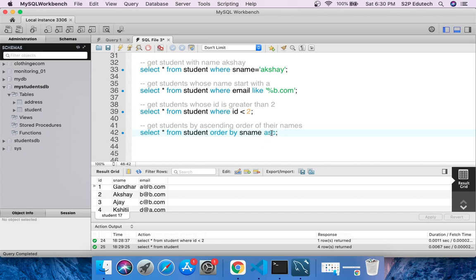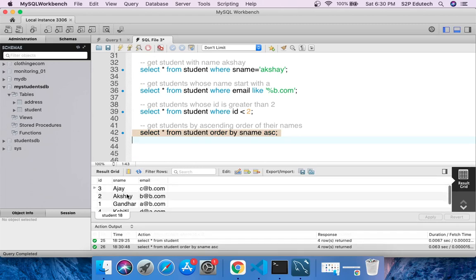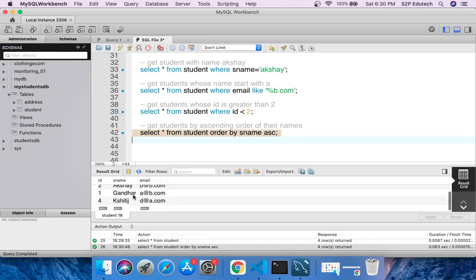Instead of ascending, what you write is ASC. Why s name? Because we need to specify which field we want the ascending order for, s name or email. That is why I am saying s name ascending. If I run this, what I would get is first Ajay, then Akshay, then Gandhar, then Kshitij.